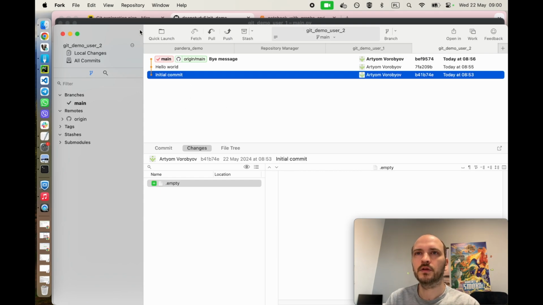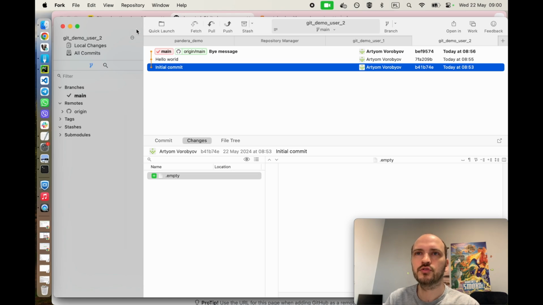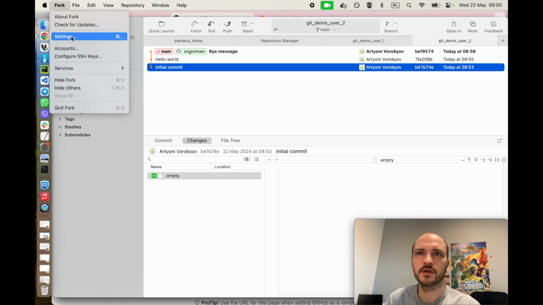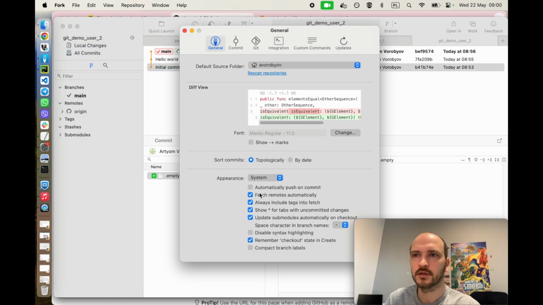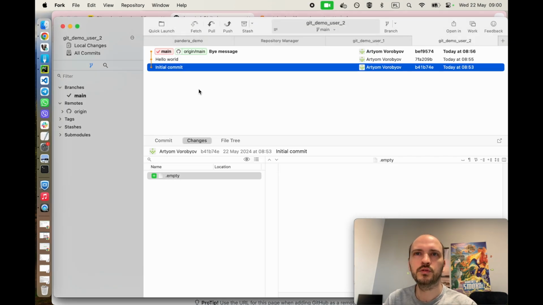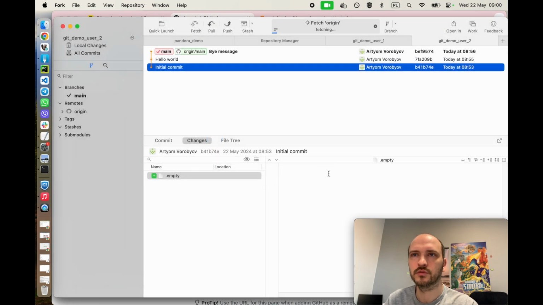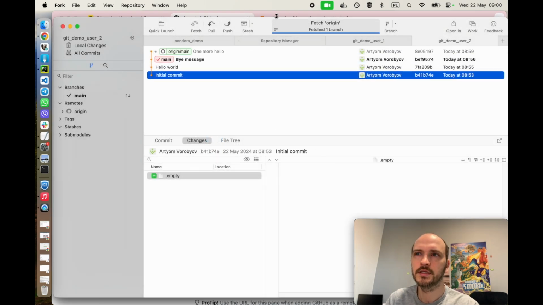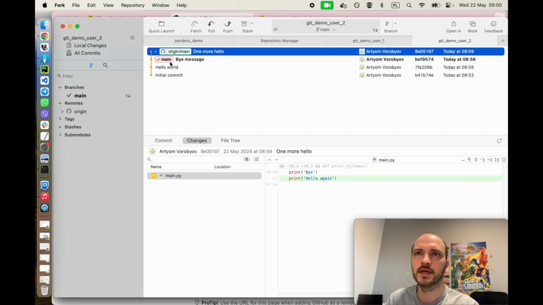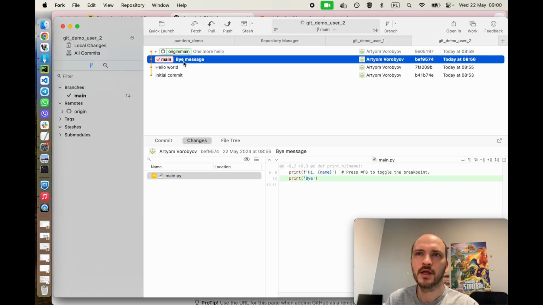And good clients provide you an ability to do automatic fetch. So there is a setting here, automatically fetch remotes. And it would do the fetch at some moment automatically, and I would see remote branch to be updated. But I would do this now just to not wait. See, so when I have fetched, I see that remote branch has a different state, but at the moment this